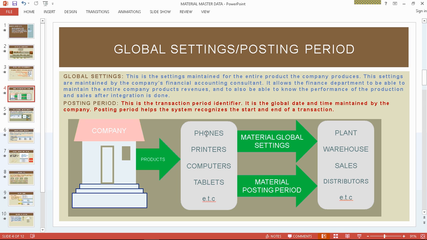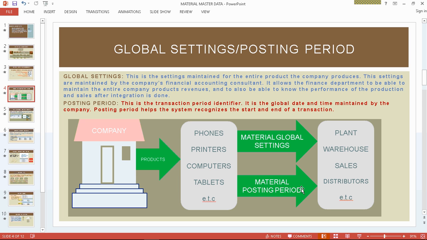So they have this product. They know this is the product they are selling, because this will be done when they are doing their blueprints, their business ideas, and everything. And they want to maintain their global settings, because it is called global settings because the company can have their headquarters in the United States, and they might have branches in China, they might have branches in another state, another country. So these global settings will be the same settings that all those companies, all those branches will be using,